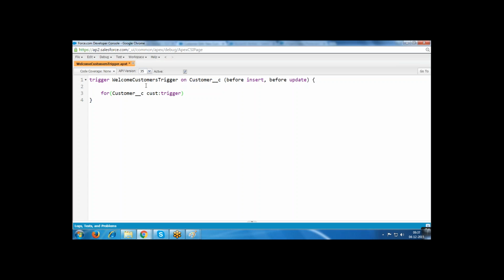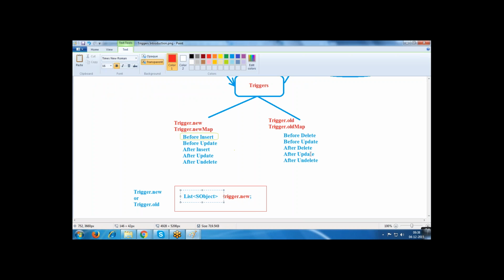What is the variable? Is it new or old? Trigger dot new, because the operation is insert or update. Trigger dot new we are using.